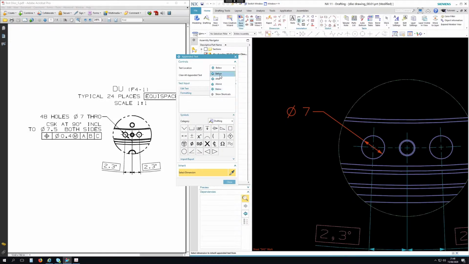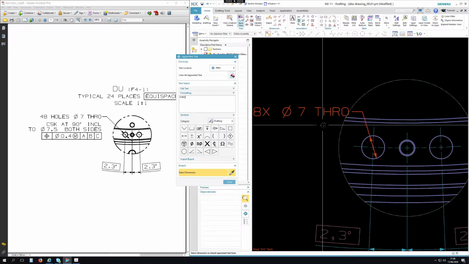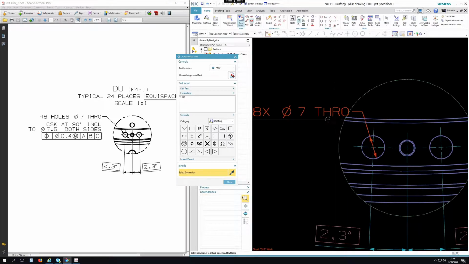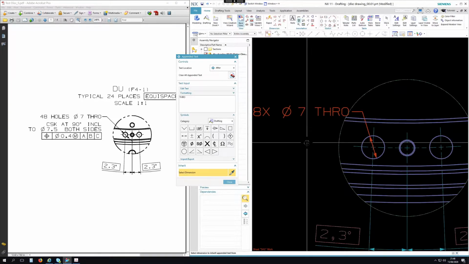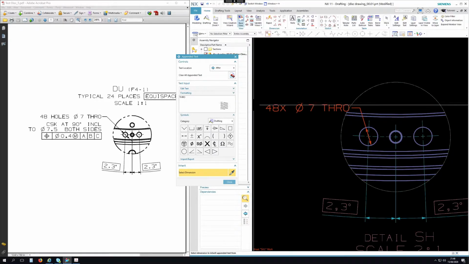Let's go before. Let's copy that same format we used last time. 48 by down to 7 after through. And again, this is to the British standard, not to the American standard. The American standard would be a U. Let's go underneath, below,